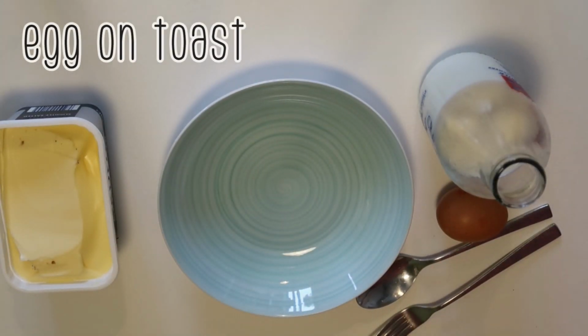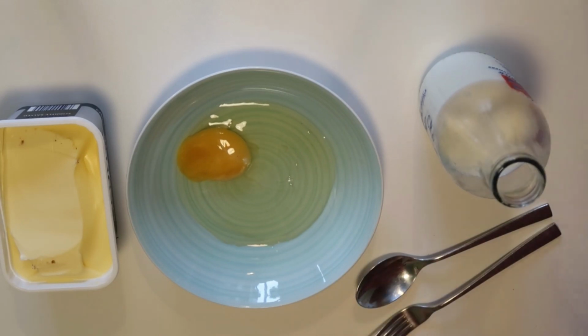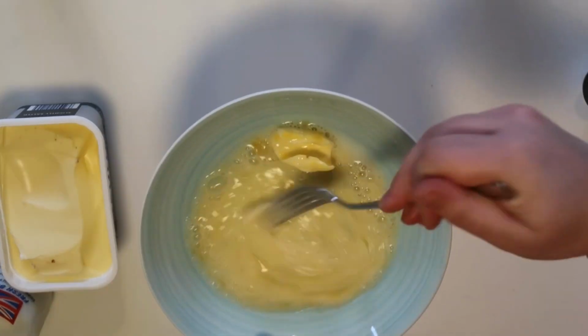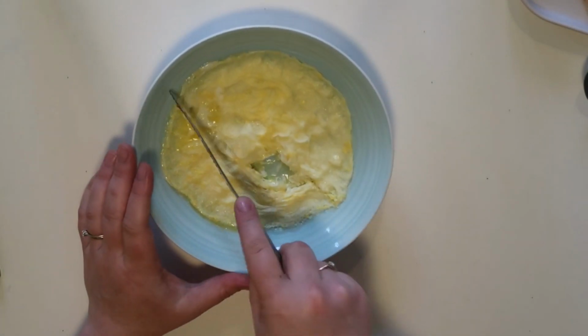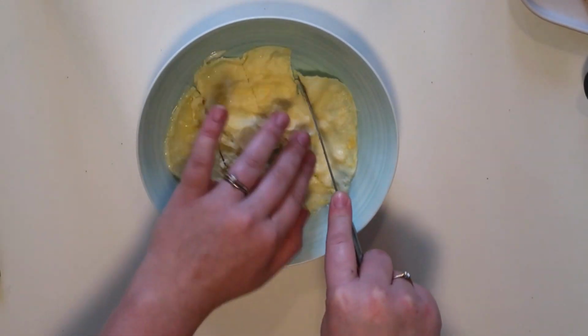The next one follows on from this, and it's egg on toast. So I would always do scrambled egg, I just found it easier for them. I would crack an egg into a bowl with a little bit of milk and unsalted butter again. Then I would whisk it up and pop it in the microwave for 2 minutes. Once it came out of the microwave, it was like one flat omelette type piece, which made it really easy